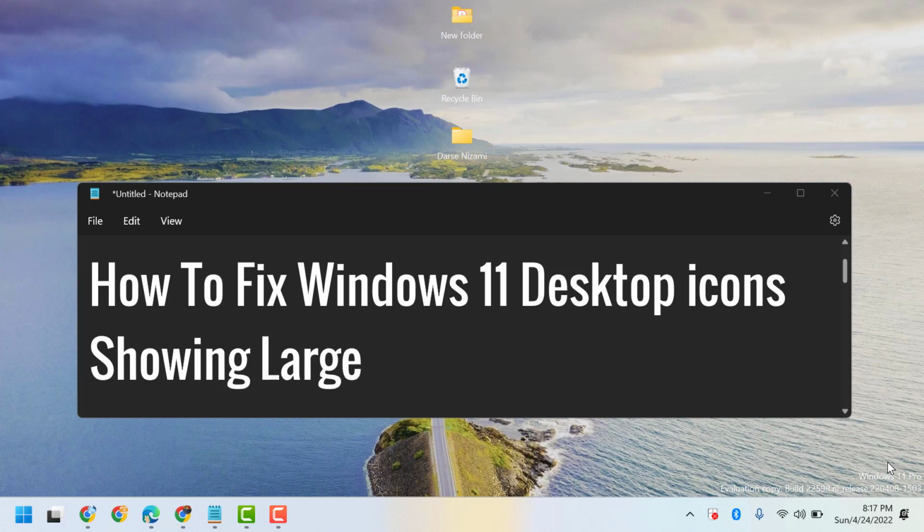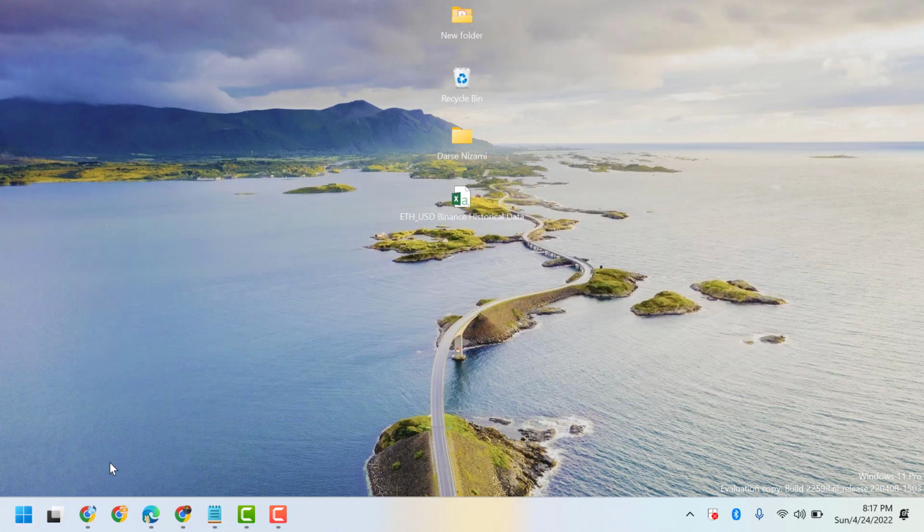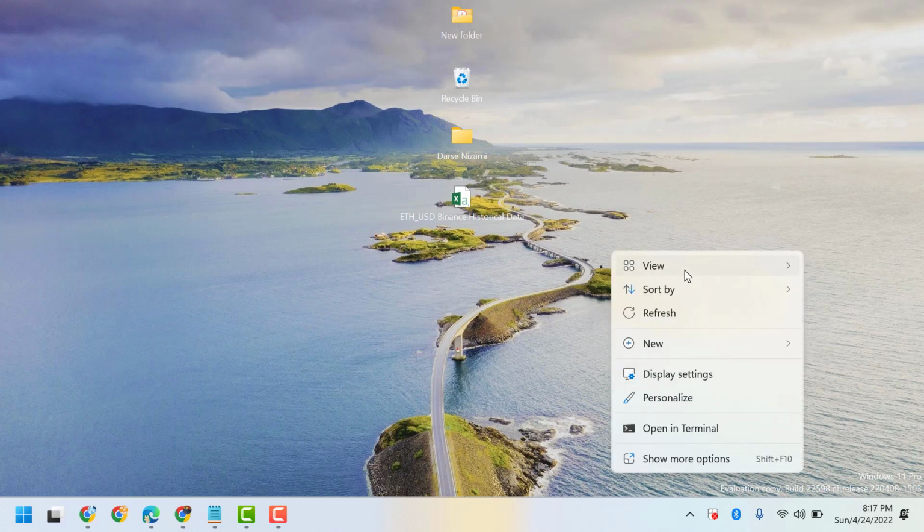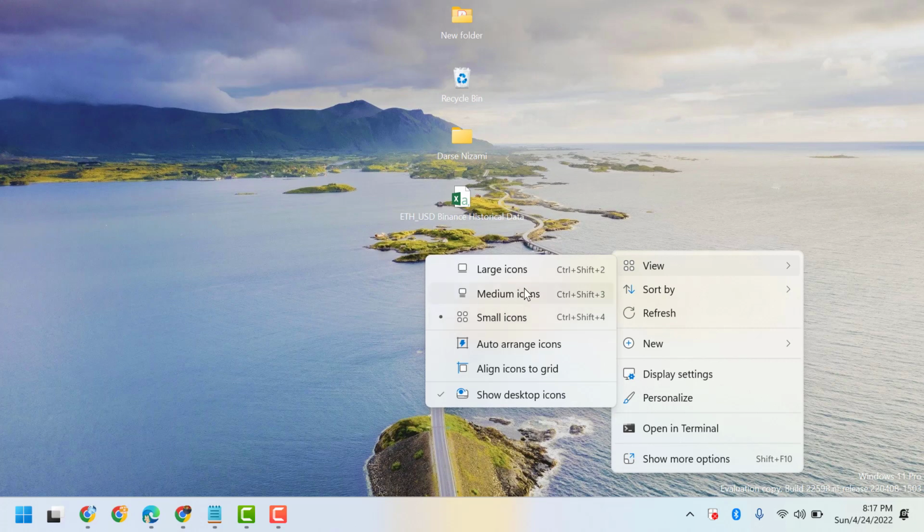In this video, I will show you how to fix Windows 11 desktop icons showing large. To resolve this problem, you can use a shortcut and also you can use the basic method. The basic method is to right click any empty area, select View, and select medium or small,